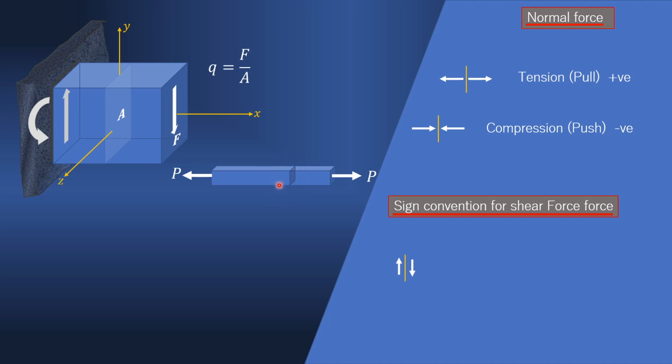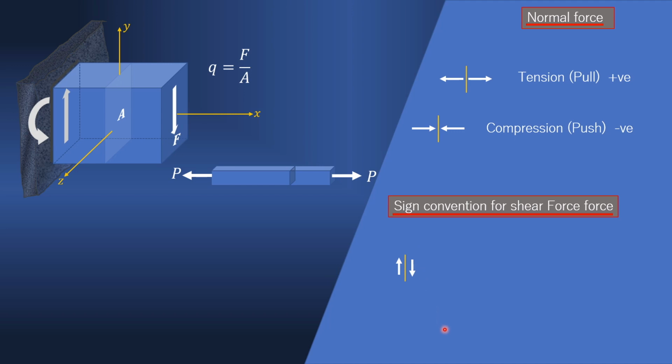Compare it with normal force. On this cross section, on the right side it is a rightward force, and on the left side it is a leftward force. So as far as direction is concerned, these two forces are opposite. But as far as nature is concerned, both these forces have the same nature. And what is that? Pull. Similarly in this case, on the right side downwards, but on the left side upwards. So they have opposite directions. This is a positive shear.